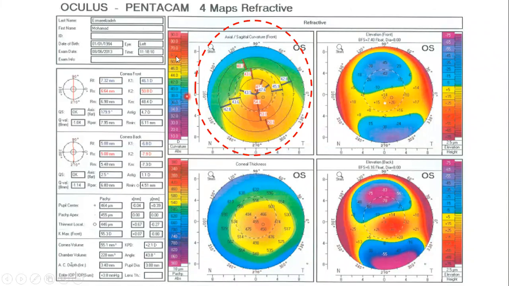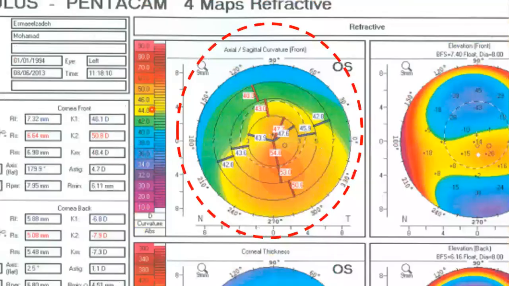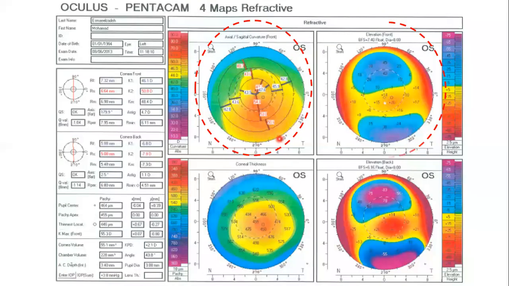This color scale is also important, because from here you can see in how many diopters the scale has been set up. One step is 44, and the next scale after 44 is 46, then 50, then 60. So it is not in proper steps. You can look for that if you want to analyze in great detail. But grossly, you can just look at this picture and tell about the corneal shape.